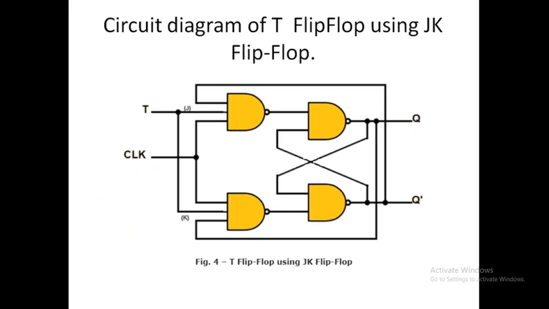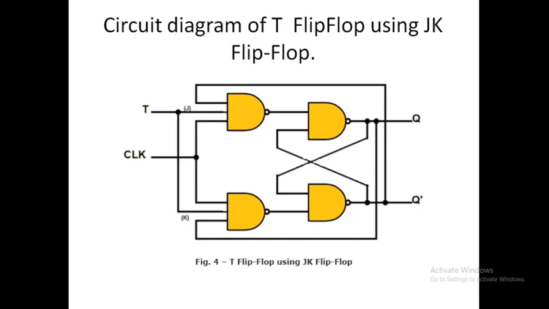This is similar to the JK flip-flop, where J and K have merged together and form a combined input, that is T, the toggle input. If the T input is in 0 state, that means J and K is also 0. Prior to the clock pulse, the Q output will not change with the clock pulse.